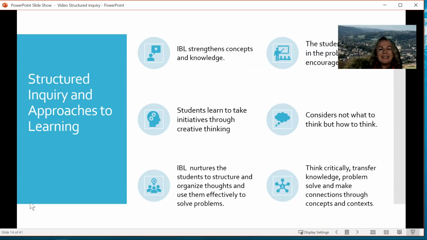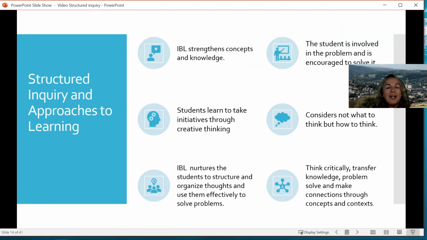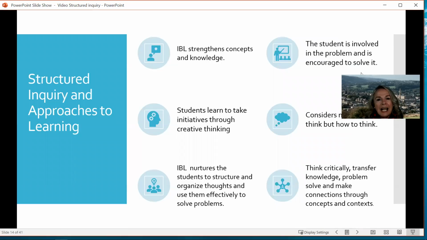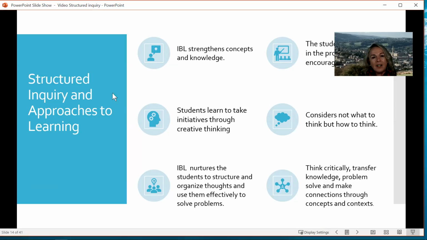So I've mentioned our approaches to learning skills already. Now the IBL strengthens concepts and knowledge, and our structured inquiry approach really allows our students to dive into that knowledge and to explore through the concepts. The student is involved in the problem and is encouraged to actually solve it. So we're not presenting students with a series of learning experiences. We're asking them to ask questions and then to come up with the solutions. It asks our students in that process to really